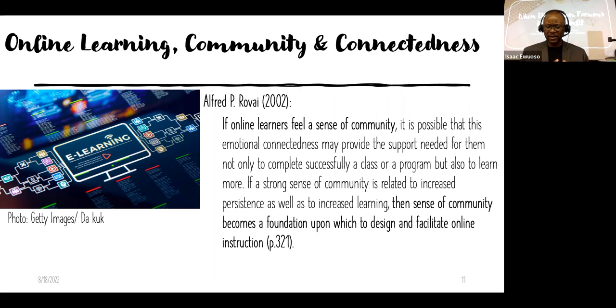In this article, I want to stress that Rovai is saying something that I think is probably on our minds: that by building a sense of community among students using learning management systems or in an online class, we can encourage persistence. I can argue that this may be some sort of antidote against dropouts and encourage students to persist in a course because they have the support they need. They have other students, but this is a point that I find very interesting.